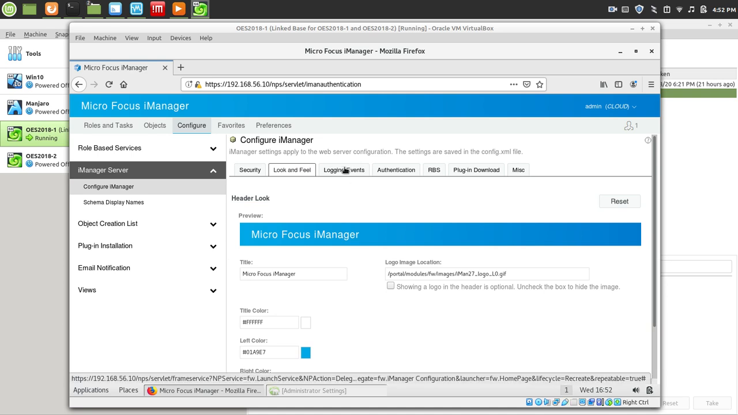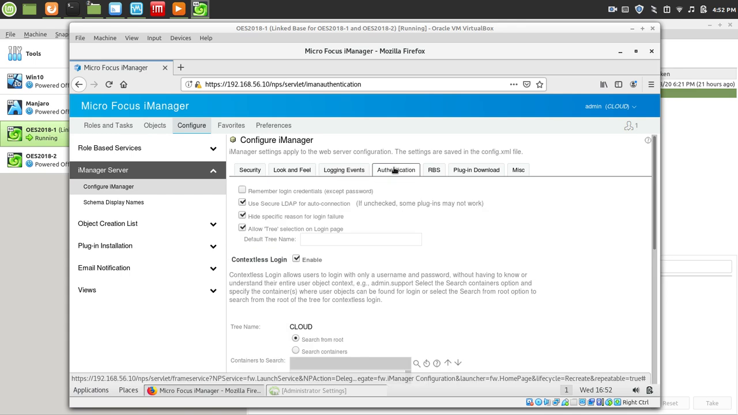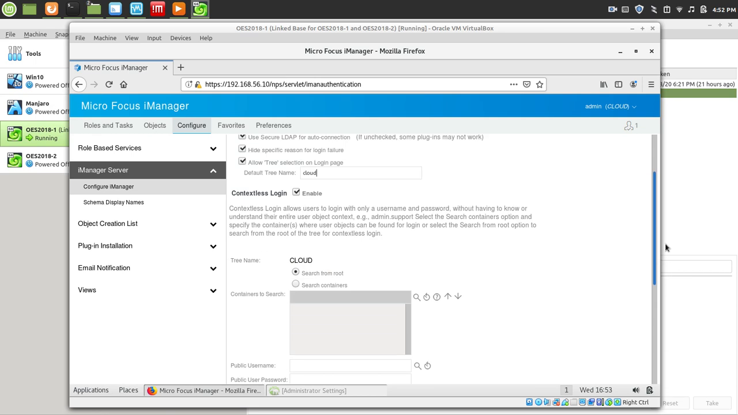Don't see anything else there. Logging. Here's the authentication. Remember login credentials, so who logged in last in the browser. And then the default tree, I'll just say cloud, so I don't have to type that anymore. By default, contactless